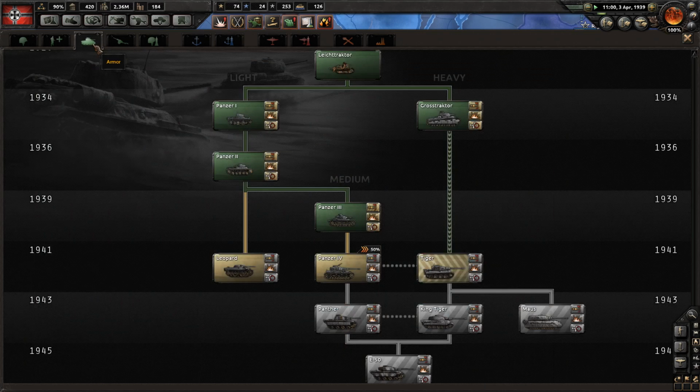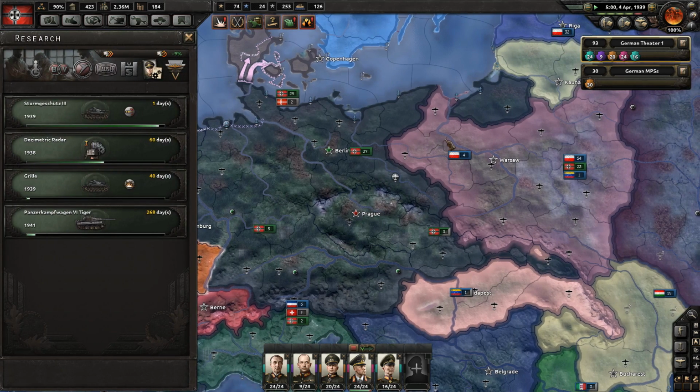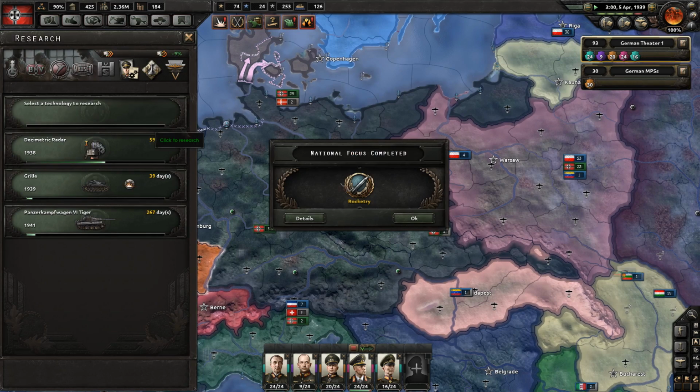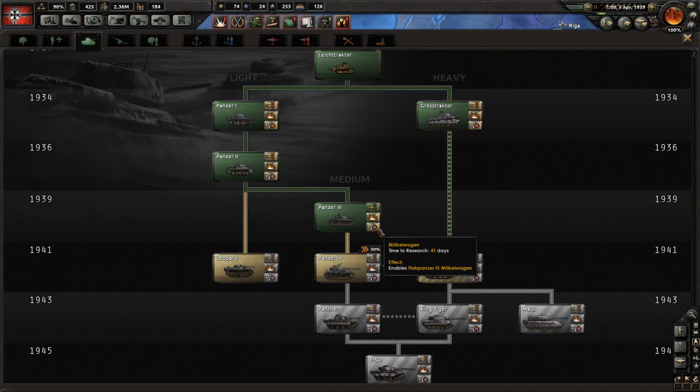Let's actually go back over here, and I want to get this stuff unlocked because I want to make my Panzer divisions nice and tough. So we're really going to start working on that stuff. All right, two things finished: the Stug 3s, Sturmgeschütz,